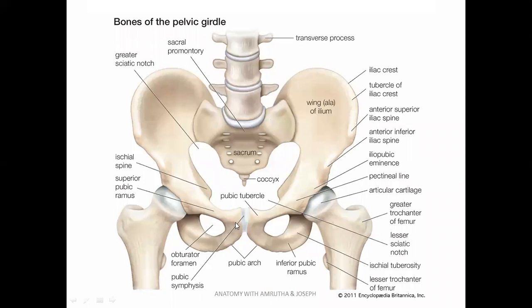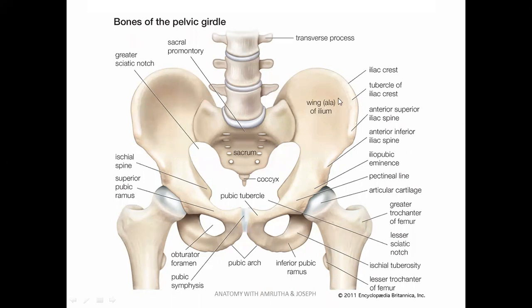This is the body of the pubis, having the superior ramus and inferior ramus of the pubis. The inferior ramus articulates with the ramus of the ischium to form the conjoined ischiopubic rami. So this is the ramus of the ischium. This is the ramus of the pubis, which joins to form the conjoined ischiopubic ramus. Okay, that can be seen in this.